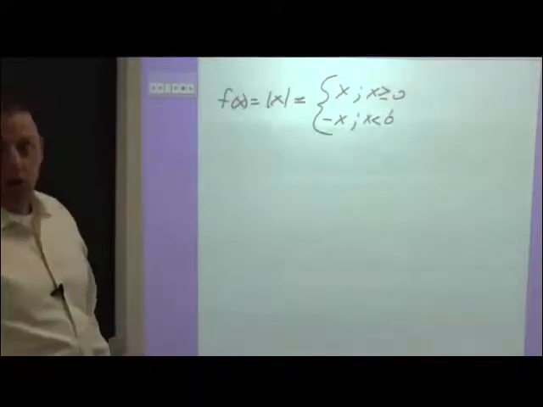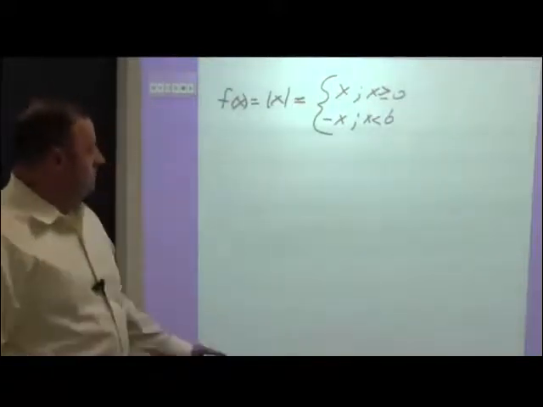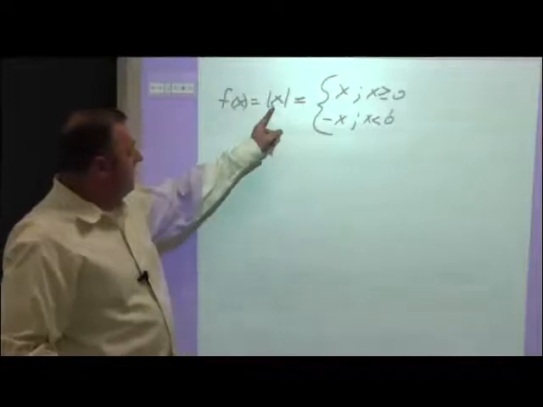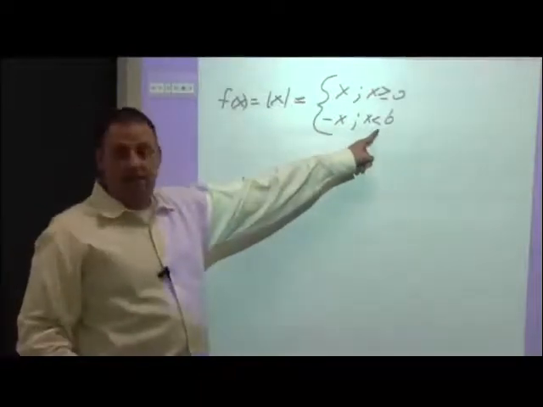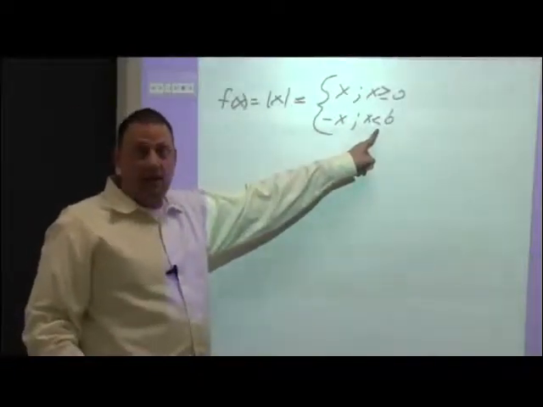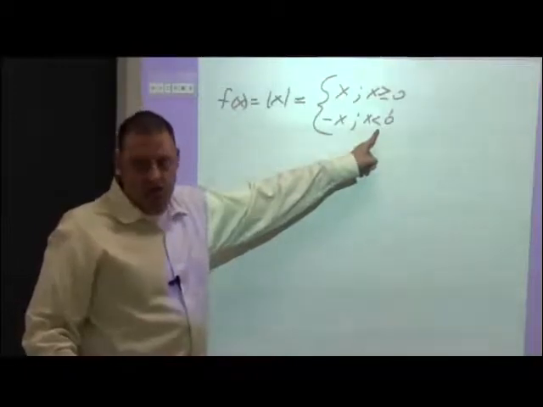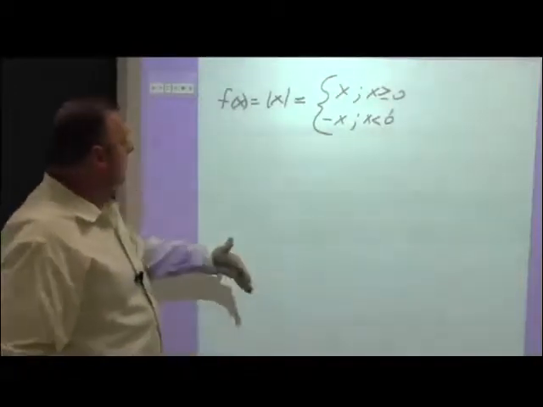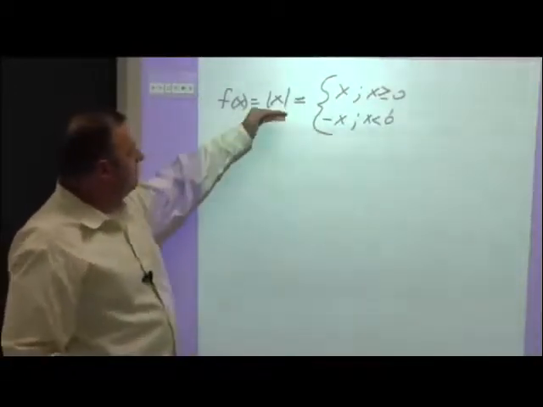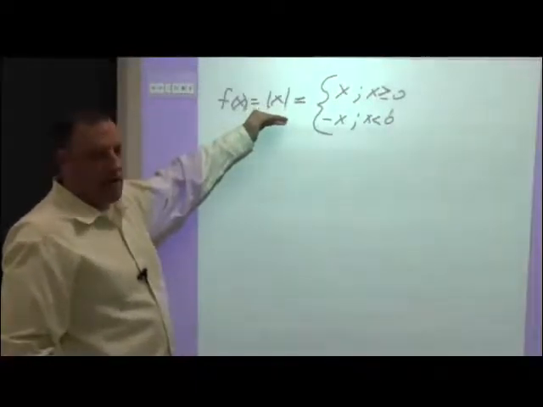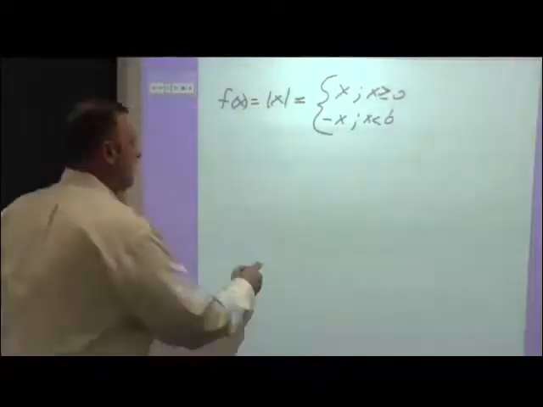So, like the problem we did earlier, negative x would make sense. The absolute value of x is negative x when x is less than 0. So if you knew that fact, you wouldn't even have to plug the numbers in. Now let me explain why the absolute value of x function can be written this way. Graphically,